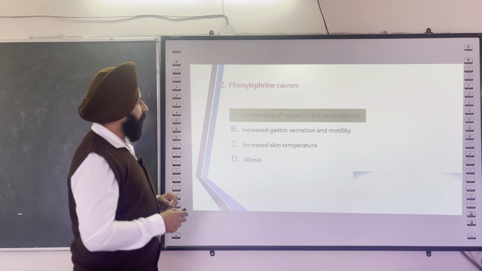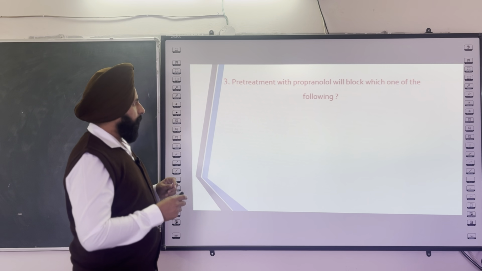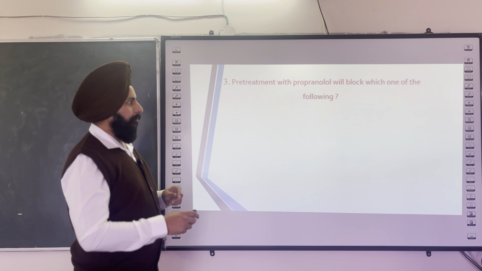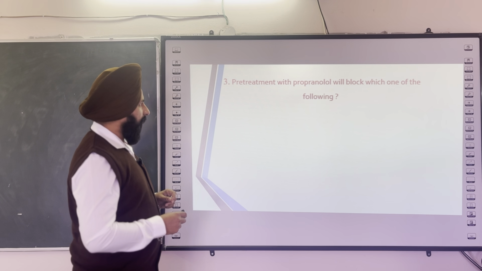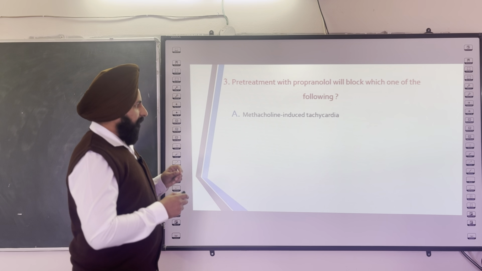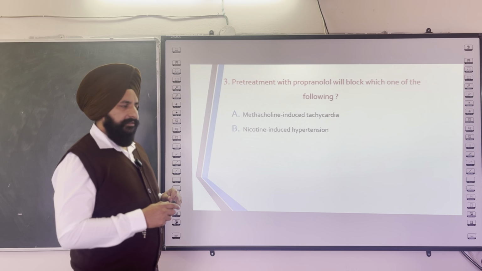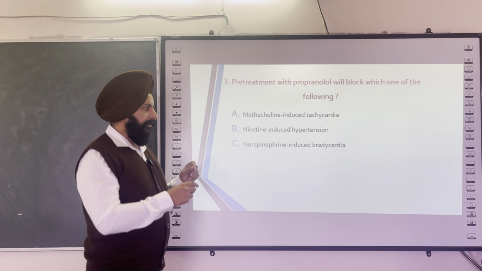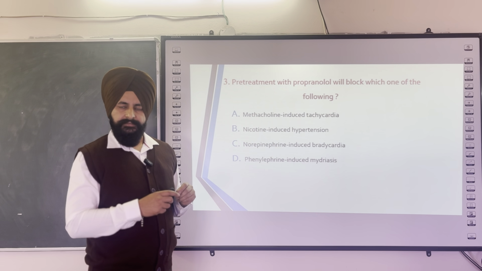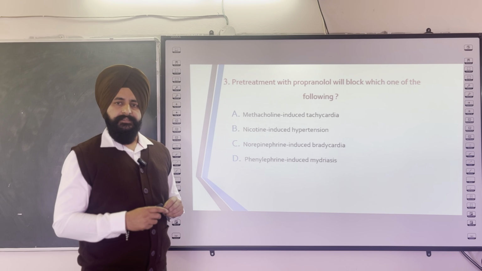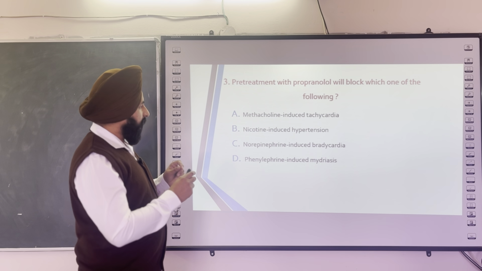The next question for this series is: pre-treatment with propranolol will block which of the following? The options are methacholine induced tachycardia, nicotine induced hypertension, norepinephrine induced bradycardia, and phenylephrine induced mydriasis. You can choose the correct option very fast. Which one is the correct answer for this question? The correct answer for this question is